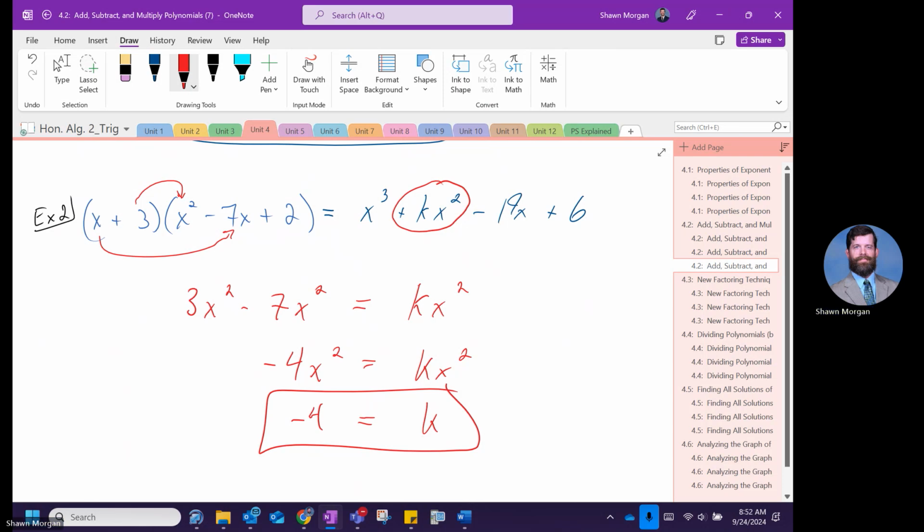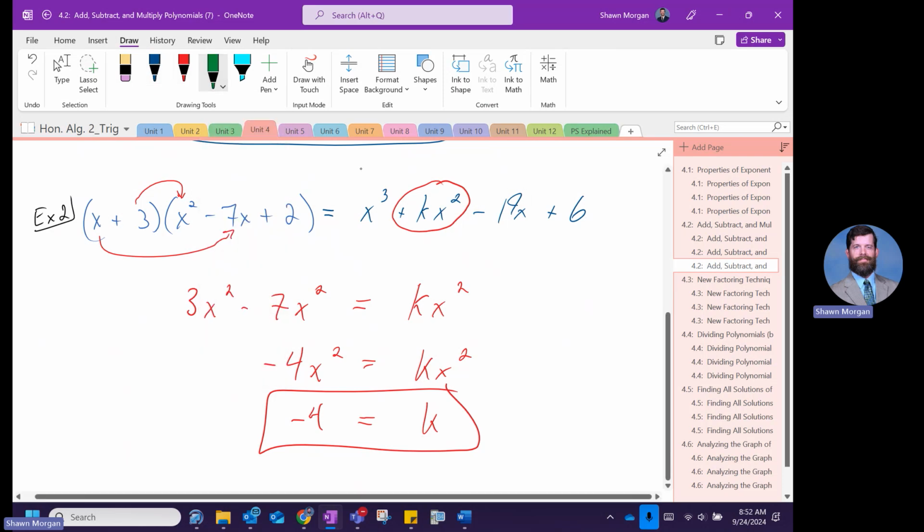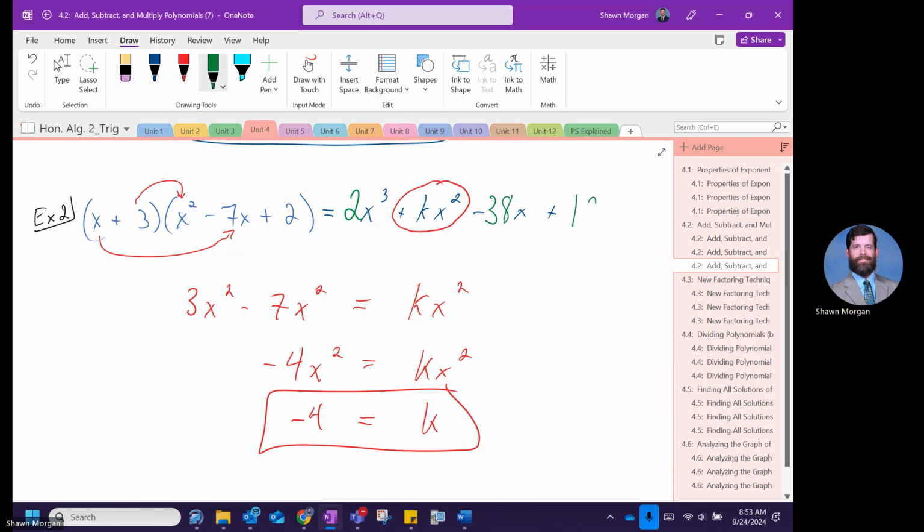Now, you want me to add an extra layer of complexity? Are you ready for this? Okay, watch. I'll change it to green. Now we're going to add an extra layer of complexity. We're going to say 2x cubed minus 38x plus 12. Now I can't do my same little trick, because